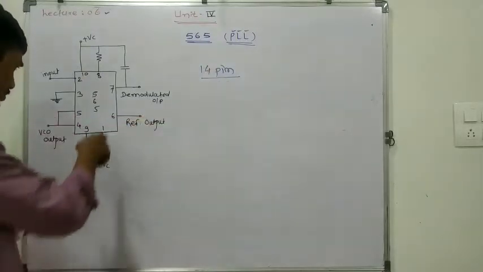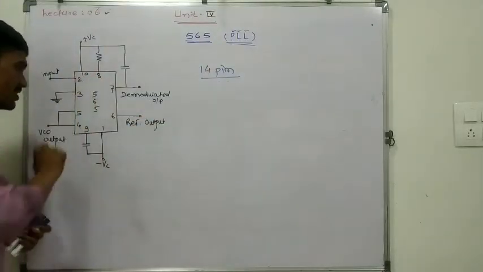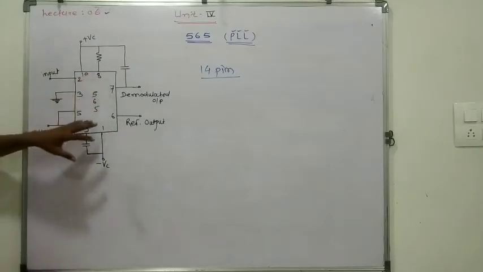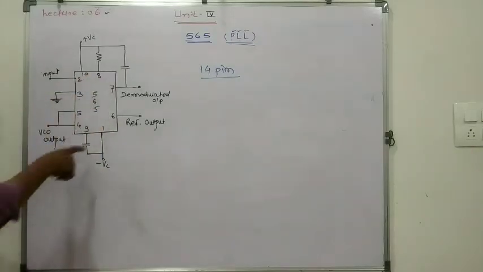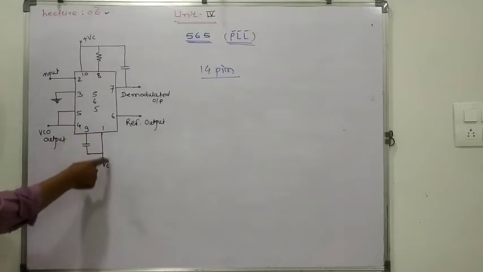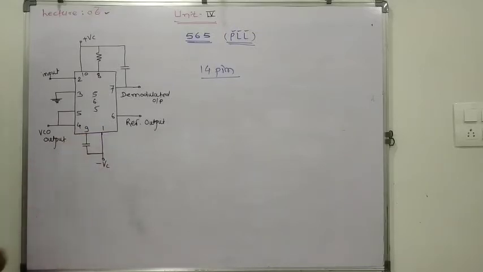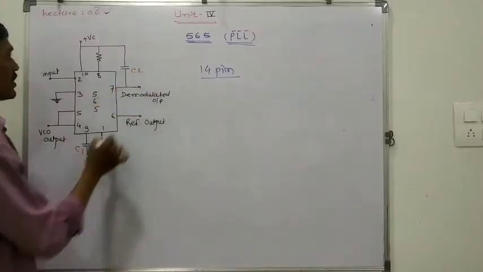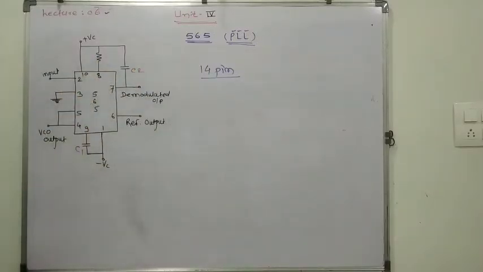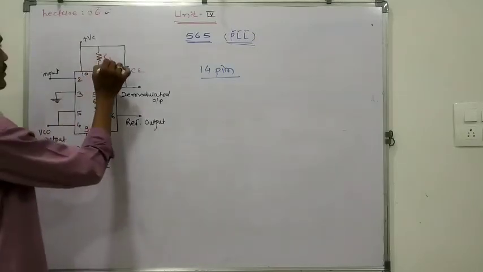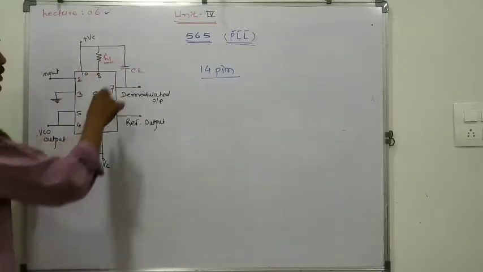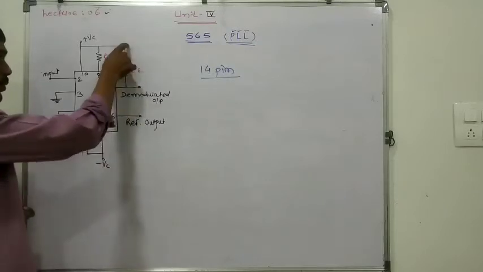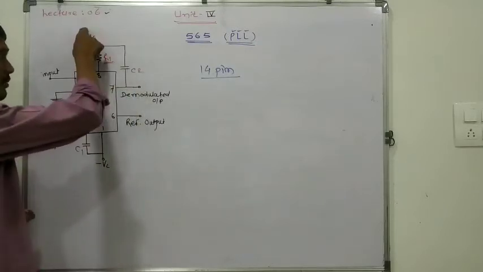In this block schematic, or circuit diagram, we are showing only 10 pins. One pin is connected to minus VCC. Here one capacitor is connected, which acts as the C1 capacitor. So this is the C1 capacitor, this is the C2 capacitor, and this resistor is the R1 resistor. And this C2 is connected at pin number 7 and to the VCC plus supply.